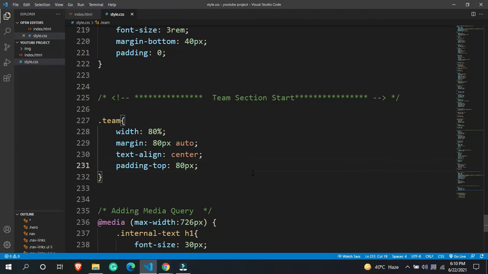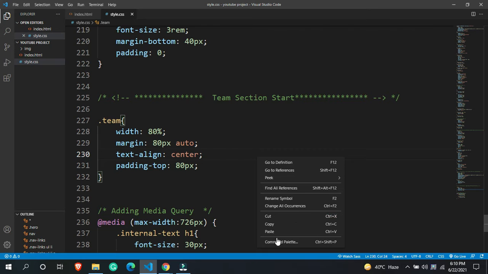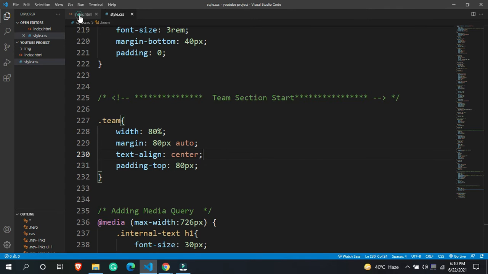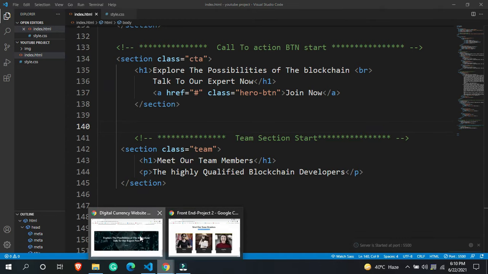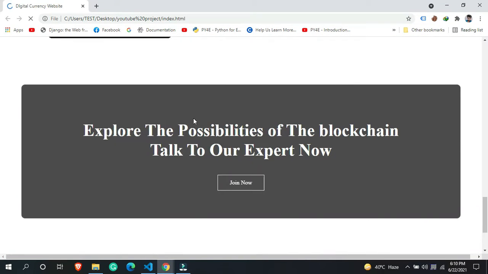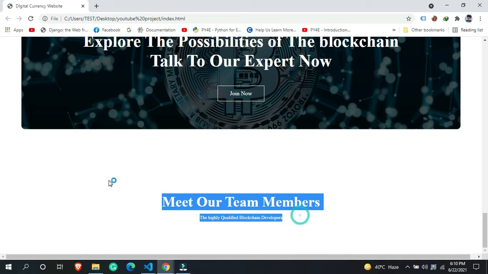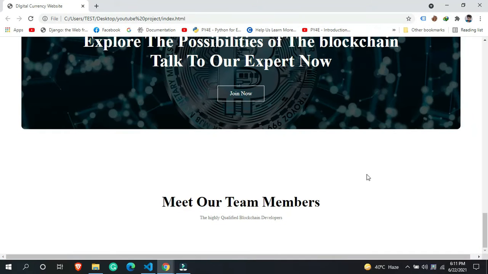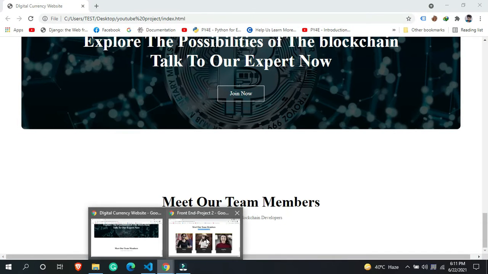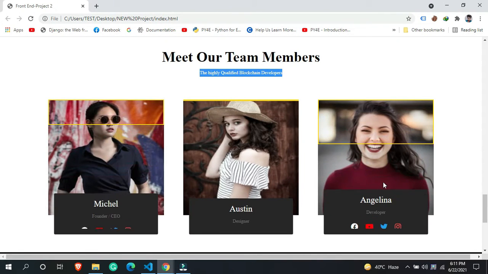Before doing anything, let's open it on the live server, and let me reload it first. That is opening in the live server, so we are going to look at it there. After that, we need a row so we can create 3 columns where we can get 3 pictures: 1, 2, 3. So we need 3 columns over here.